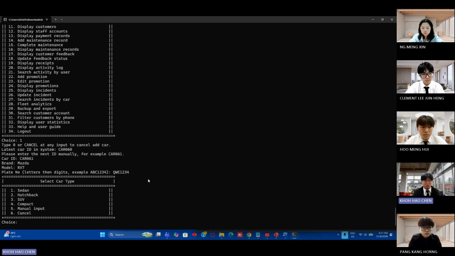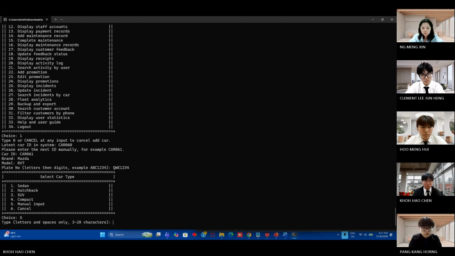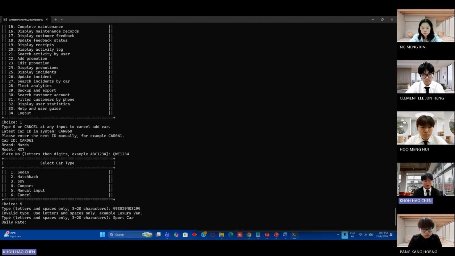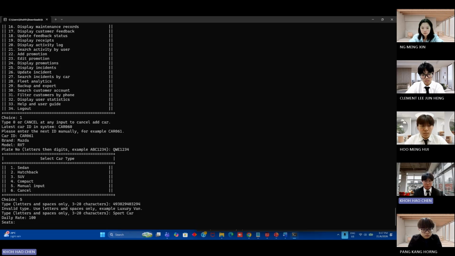What if I choose manual input? If I write digits, it will show the error invalid type. If I put letters such as sport car and click enter, it will proceed. For the daily rate, I put 100 and click enter to proceed.